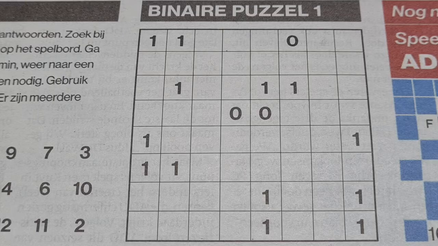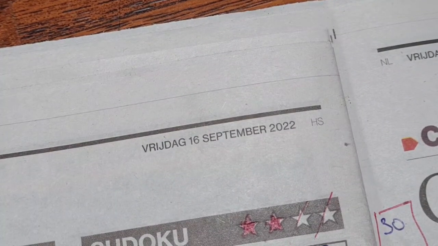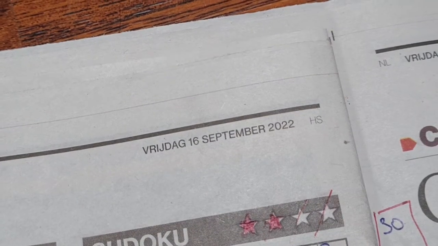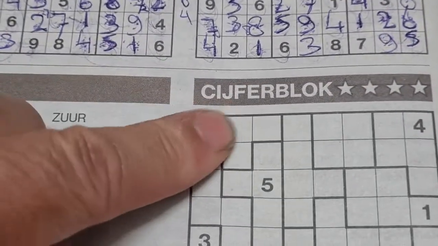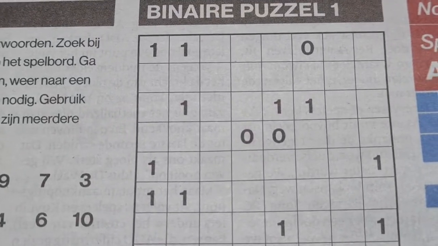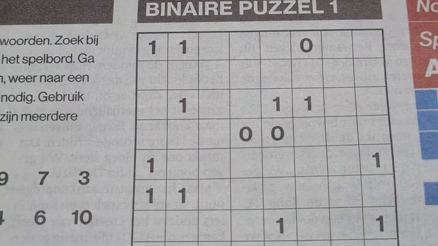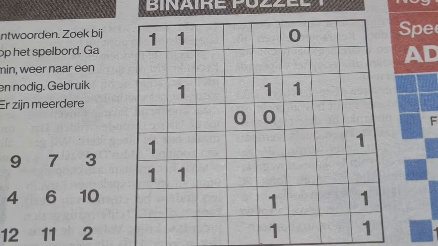The third puzzle in today's newspaper, Friday, almost weekend, Friday, September the 16th, 2022. I've already solved two puzzles: the 3 stars Sudoku and the 4 stars Sudoku. Two puzzles are left. Tectonic, in Dutch they call it Sailor block, with 4 stars, and the last one. No, it's this one. The fourth one is a binary, and I start with a binary. Yes, for you, boys and girls, and this will be number